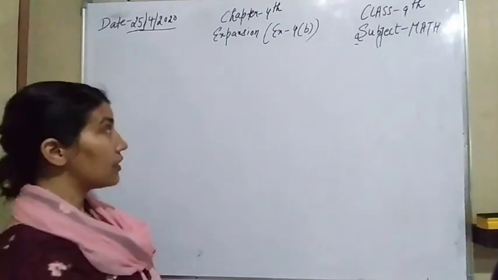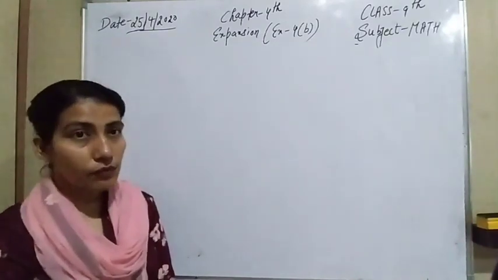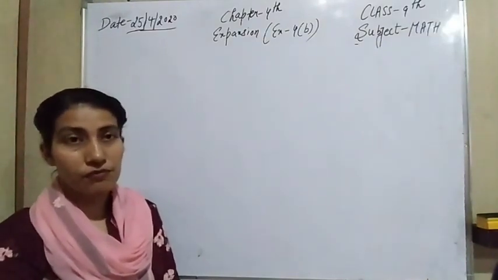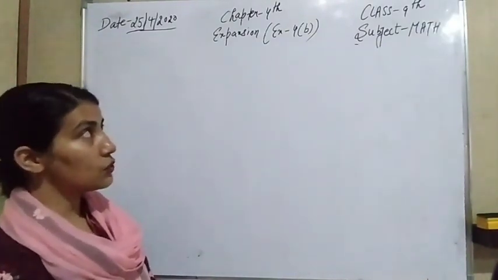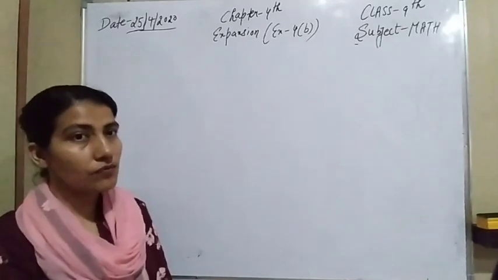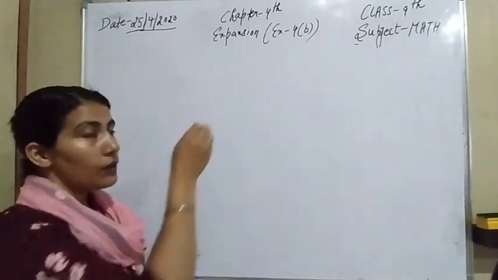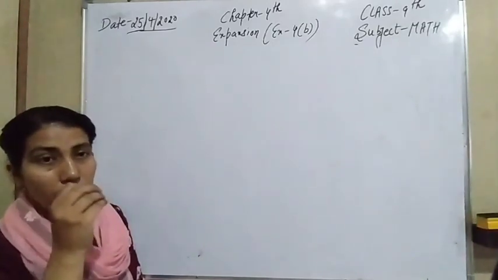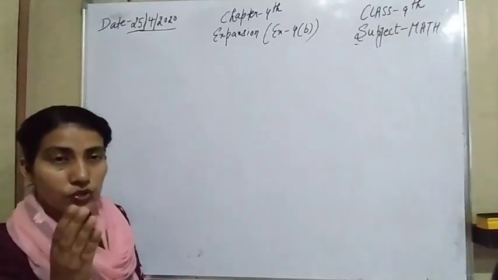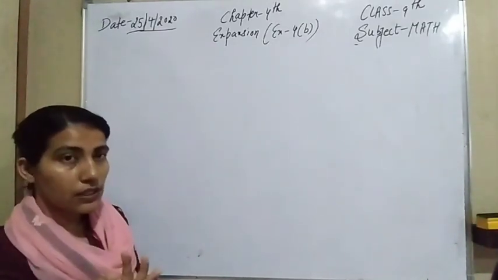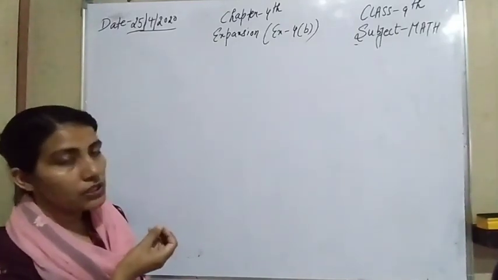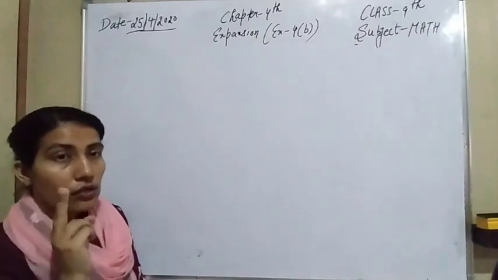Now let's start today's topic. We are doing the fourth chapter. The name of the chapter is expansion, and we already have finished the first worksheet of this chapter. Today we are going to start its next worksheet, 4th B. In the first worksheet, we just had to do the squaring. That means all those questions were related to the (a plus b) whole square identity and the (a minus b) whole square identity. Now in the B worksheet, all questions are related to two identities again.